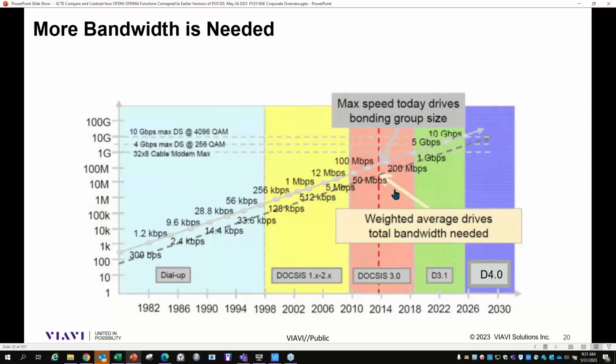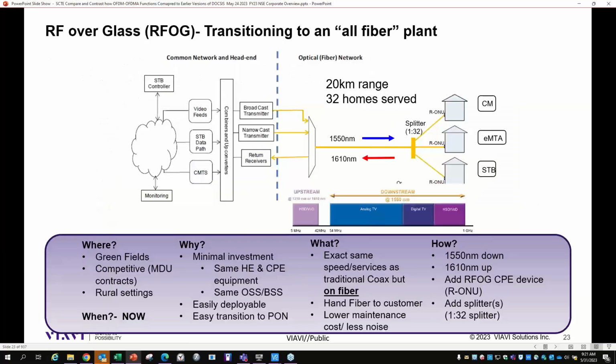Think about where we've been and where we are today. There's certainly been some challenges just to get to this point, but it looks like we have further to go. Again, this is just from a DOCSIS perspective, but the reality is you have other technologies that